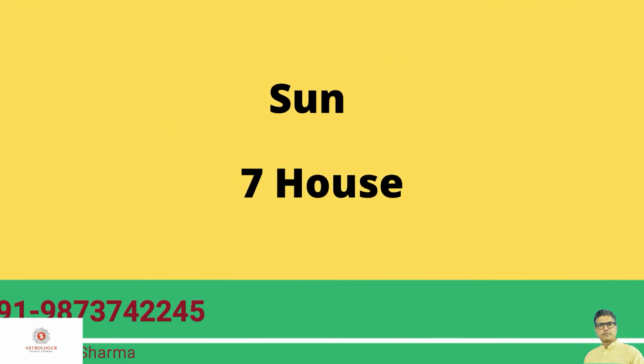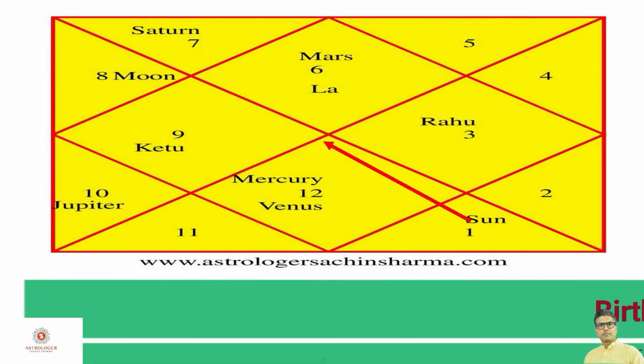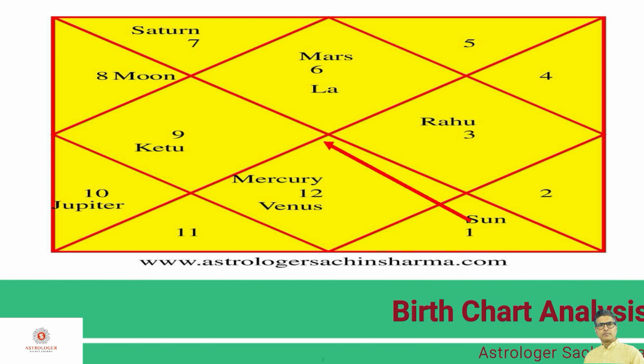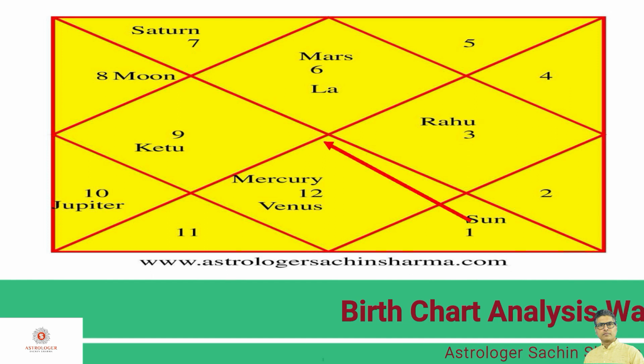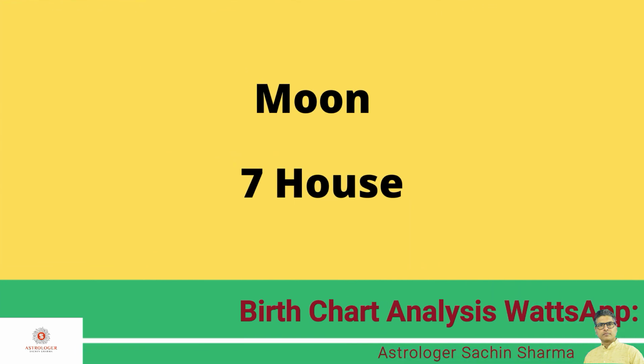Now let's move forward and discuss the aspect of Sun. So Sun will only aspect the 7th house from where it is placed. Now let us understand it practically here. Sun is placed in the 8th house of the birth chart here. Then Sun will aspect the 2nd house of the birth chart here, as the 2nd house is the 7th house from the 8th house.